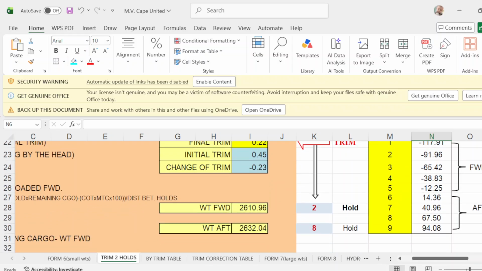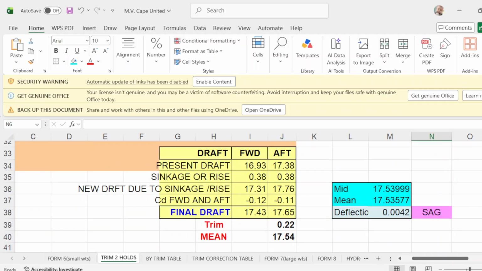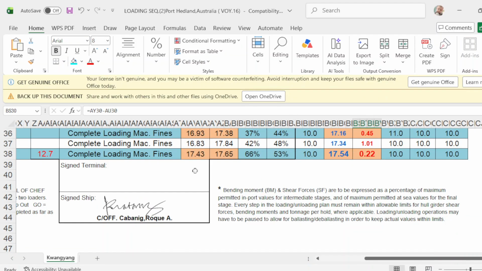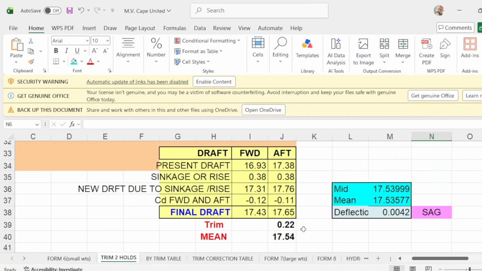And your drop forward and up is 1743, 1765. Mid should be 1754 and 0.22. You have 0 deflection. So that is trim 2 holds.